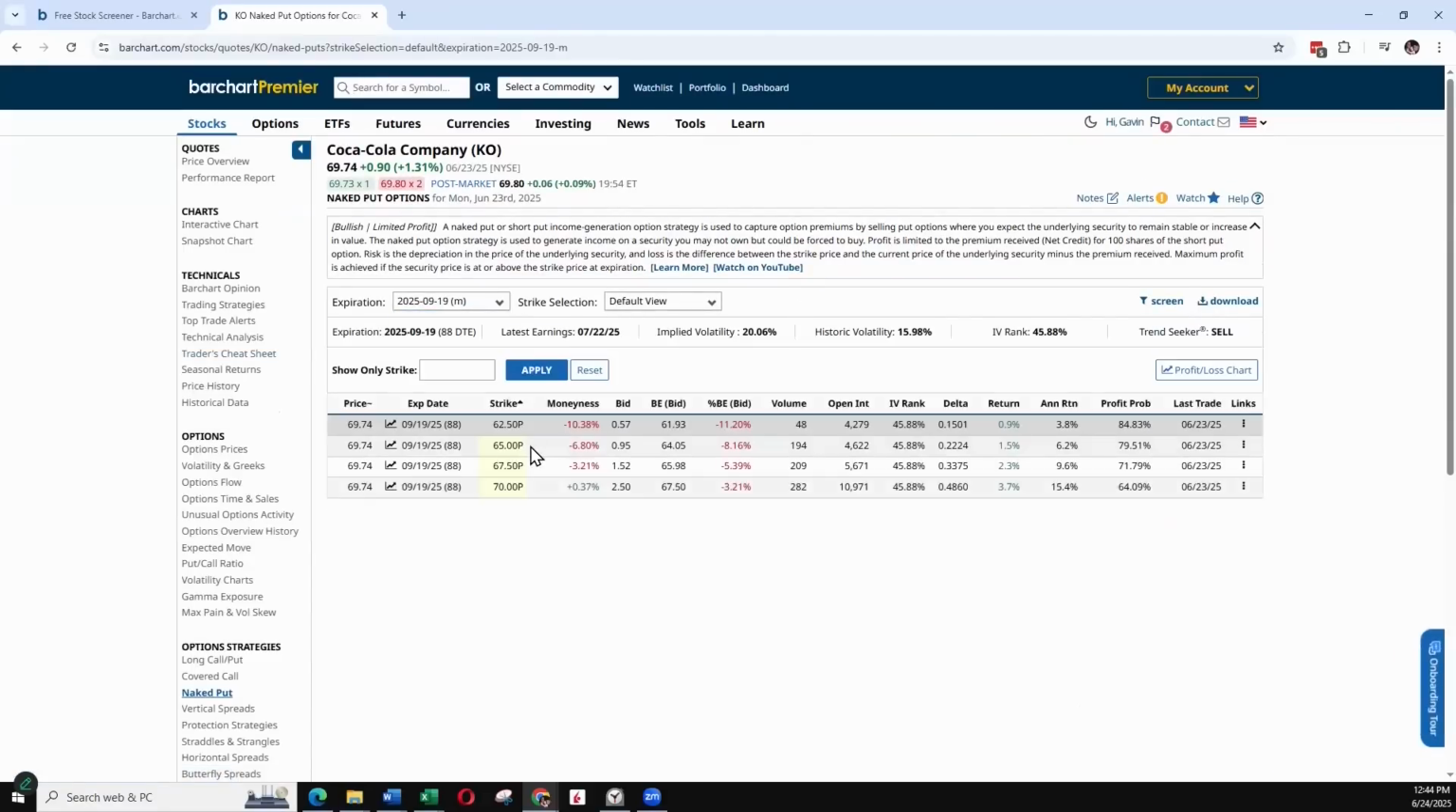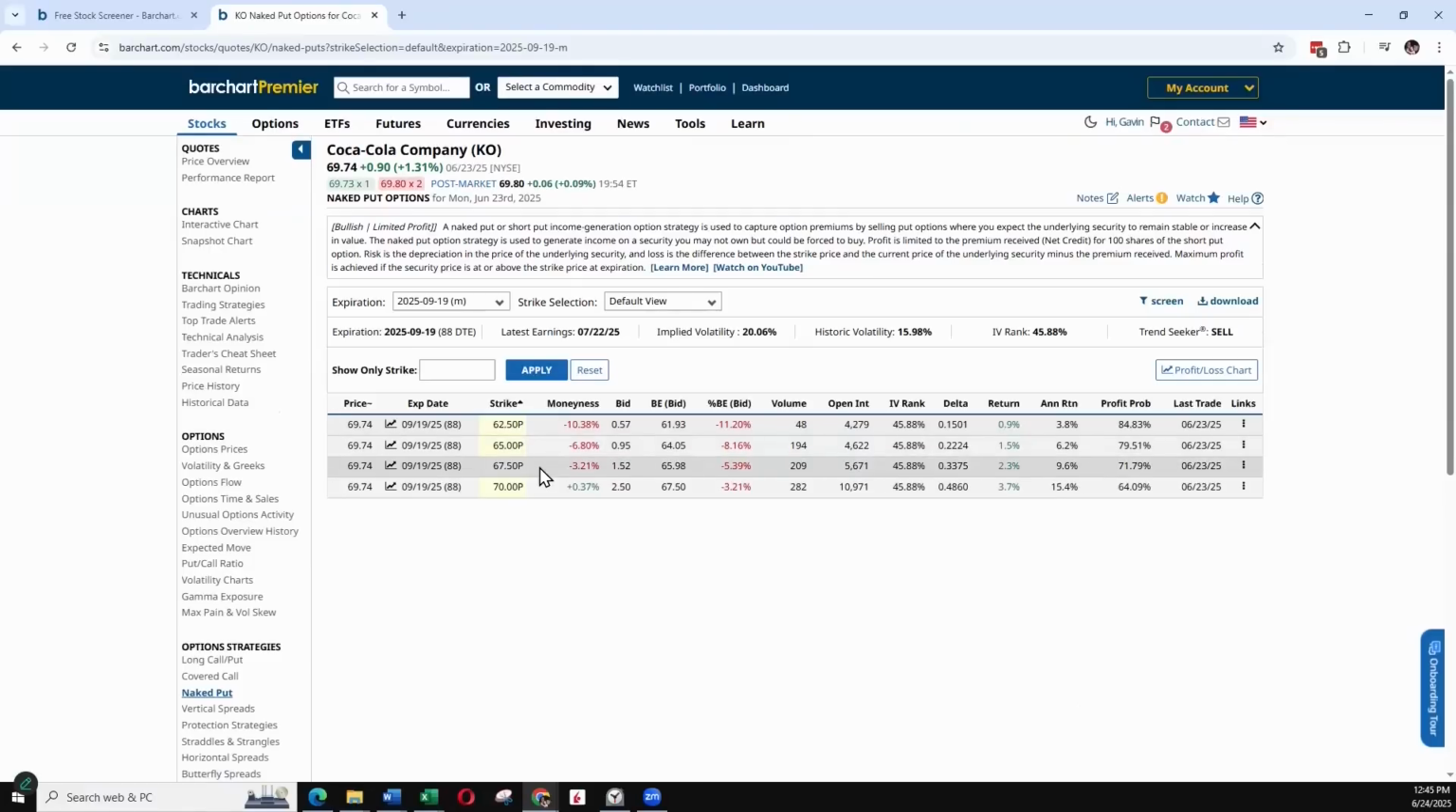September expiration. And that 65 put is 7% out of the money. When we include the premium, it's actually an 8% decrease to our break-even price. Annualized returns a little bit low at 6.2%. So I'd come in a little bit closer in this example and try to get closer to that 10%